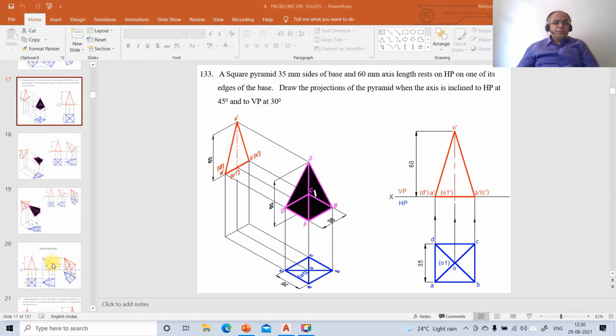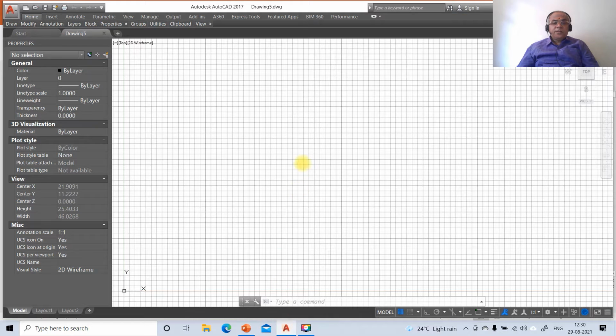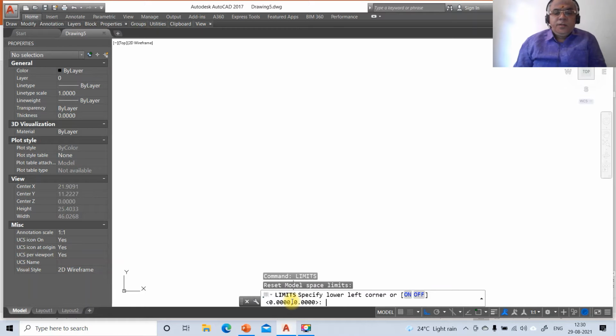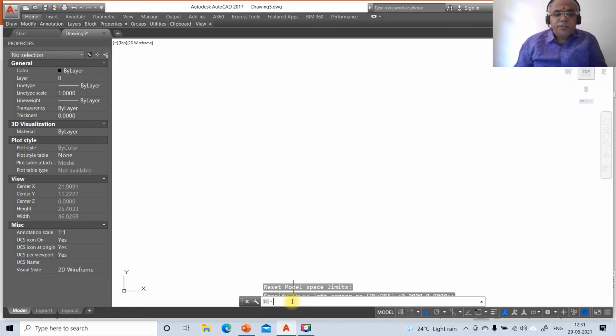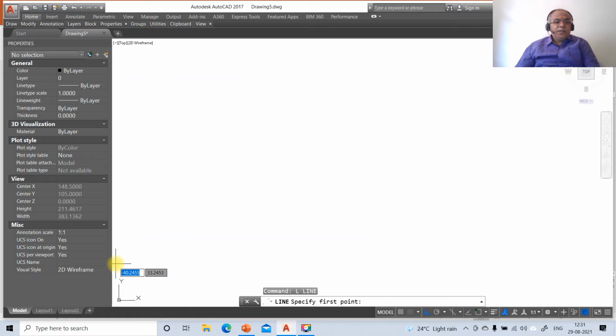How to solve this problem using AutoCAD software? To do that, first we'll go to the AutoCAD screen, switch off the grid mode and switch on the ortho mode. The command is limits, lower left corner 0,0, upper right corner 297,210, and then zoom all. Then go to line, select some arbitrary point and click the first button of the mouse, and take